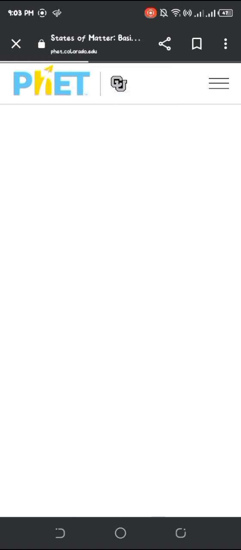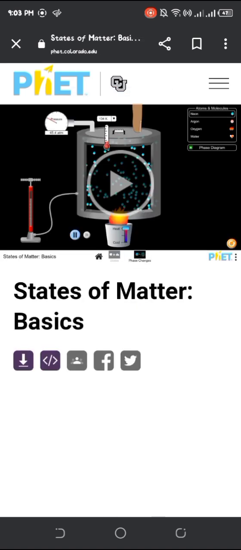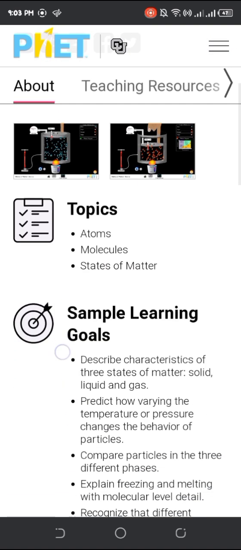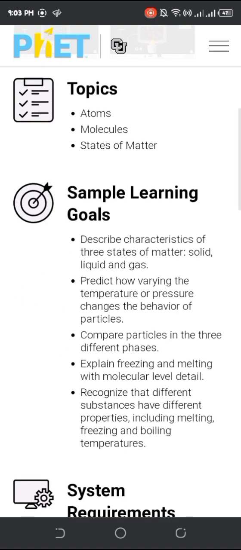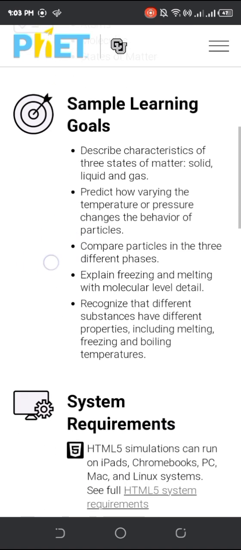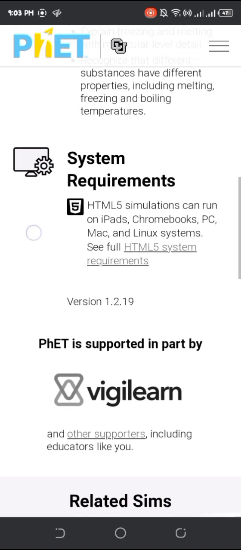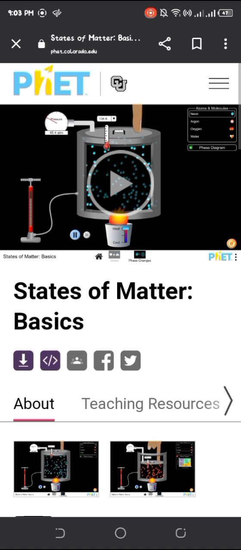Let's try this one about matter, states of matter. We're going to see about the topic. The topics are atoms, molecules, states of matter, and sample learning goals. It also has system requirements. Let's proceed to the game or simulation.